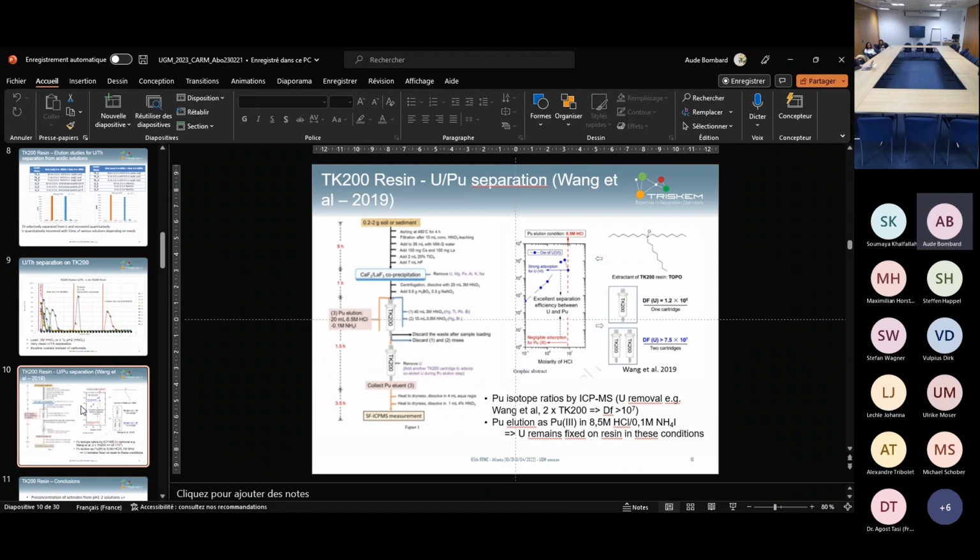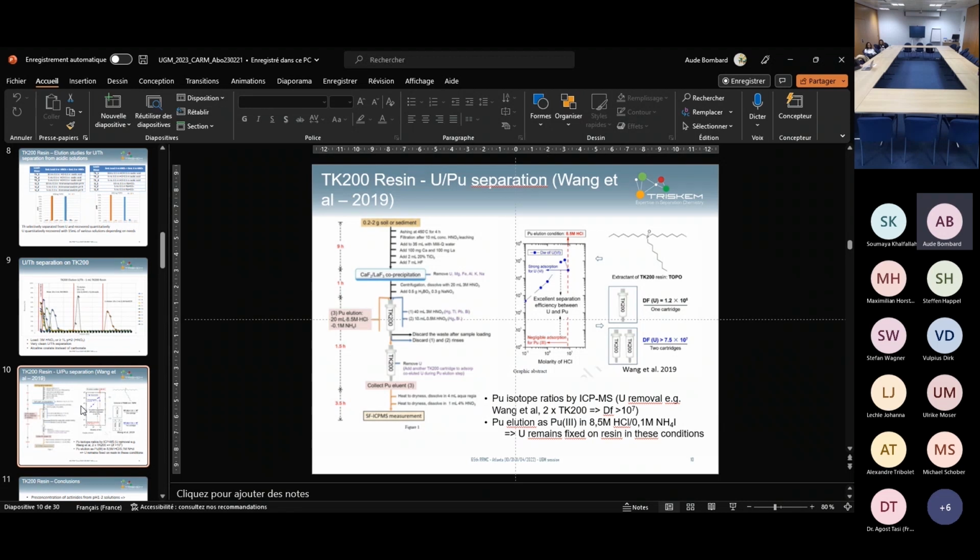And then this is passed on to the TK200 resin. So the rinse is made in the same medium, and then the second rinse at 0.5 M HNO3. And finally, the plutonium is eluted in 8.5 M HCl in the presence of a reducing agent. So at this point, the uranium, or the traces of uranium that remain in the sample, are fixed on the